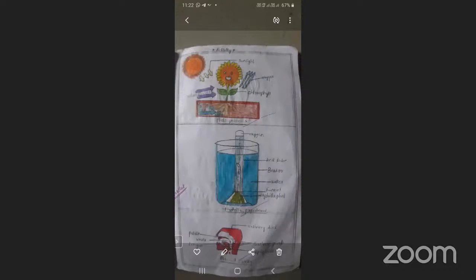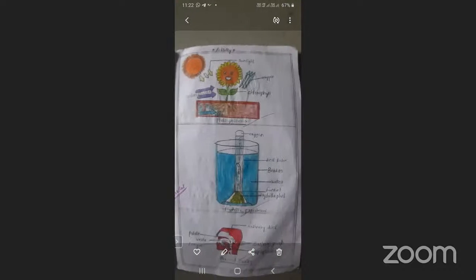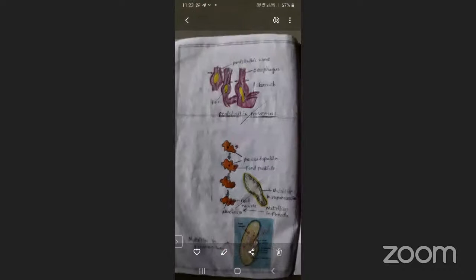Or you just draw the diagrams that are not covered in the question answers. What diagrams are not covered in the question answers, those diagrams you can draw in the activity. See here, like photosynthesis, the hydrilla experiment, and the buccal cavity, like that written in 10th class. Okay, so you will have different types of unicellular organisms like Chlamydomonas, Amoeba, Escherichia coli, or nerve cell, different types of muscle cells, right? So many diagrams are there in your